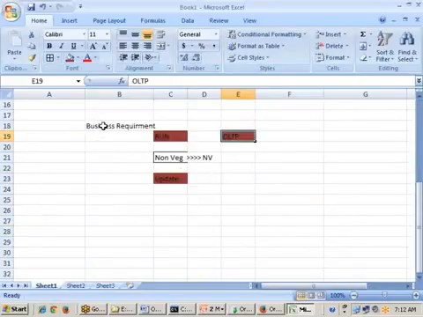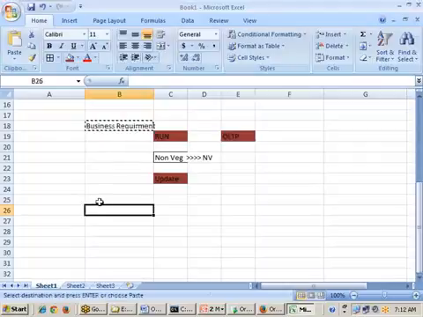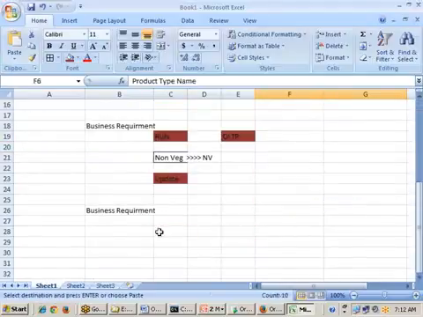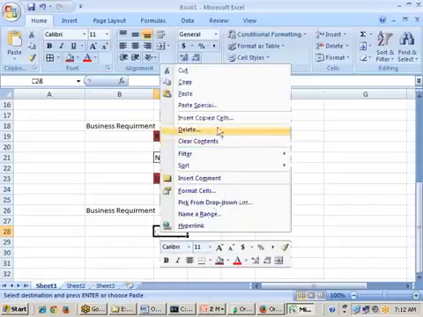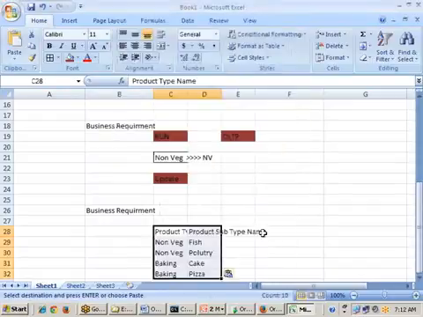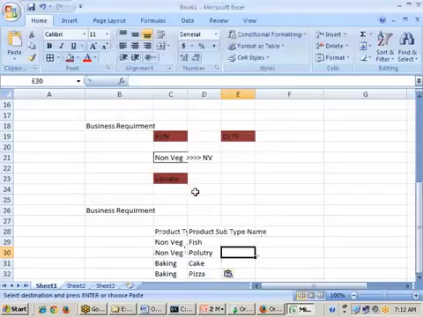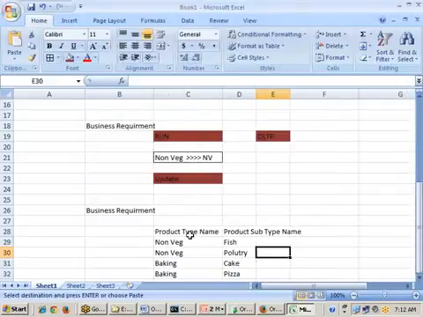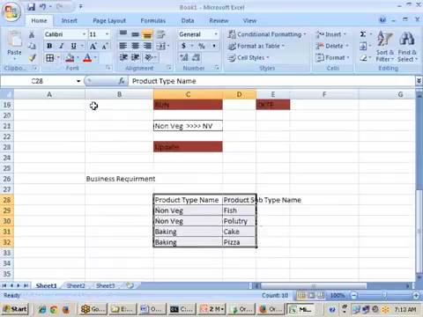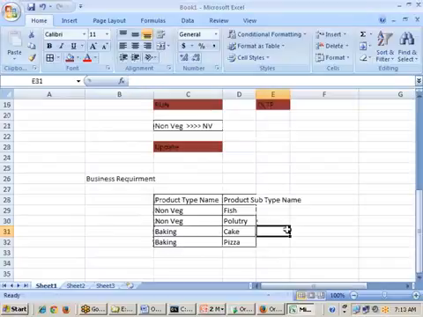Next point, next business requirement. I need to develop a report, sir, which contains this data, this is the data I am expecting. Now I want product name, then I want product subtype. These are the two things I want: product name and product subtype. Now tell me,